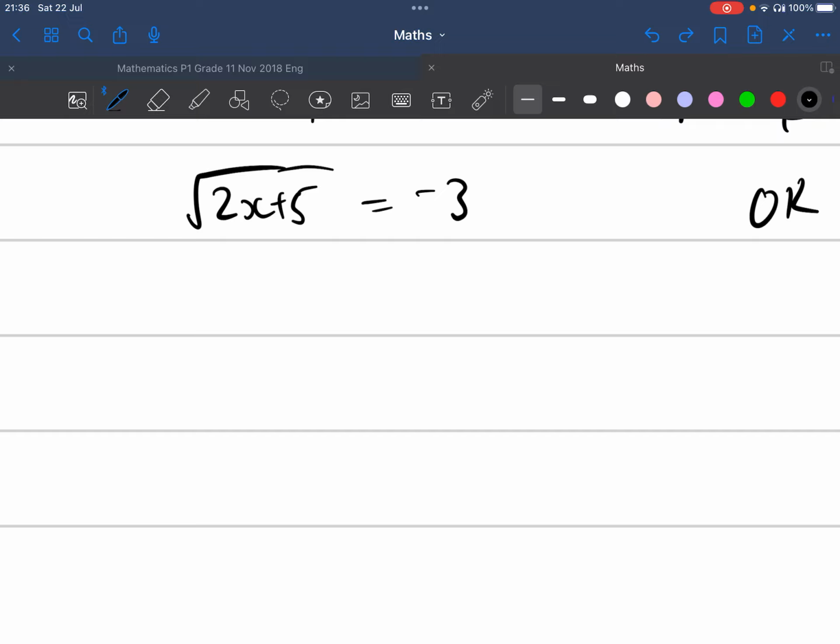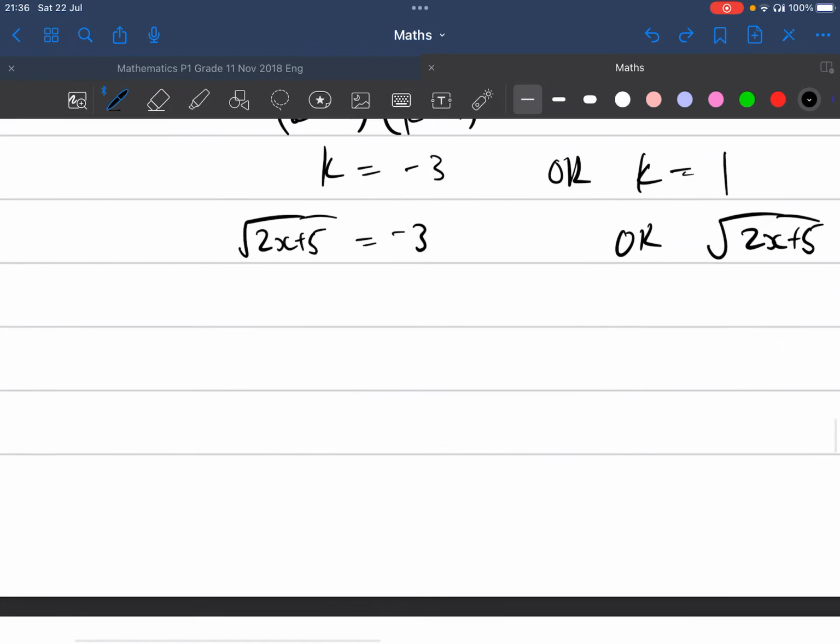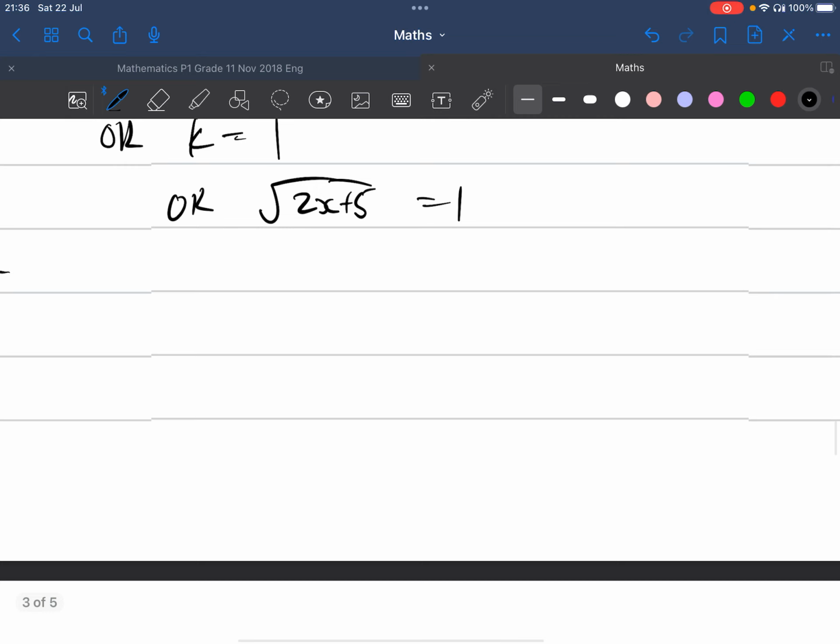There's no way to get the square root of something and get a negative answer. Okay. So this is not possible, so there's no solution on this side. On this side we can still keep solving, so let's square both sides. So we'll have 2x plus 5 equals 1, and then we can just solve for x here. So minus 5 on that side, so 1 minus 5 is minus 4, and then divide by 2, you'll get